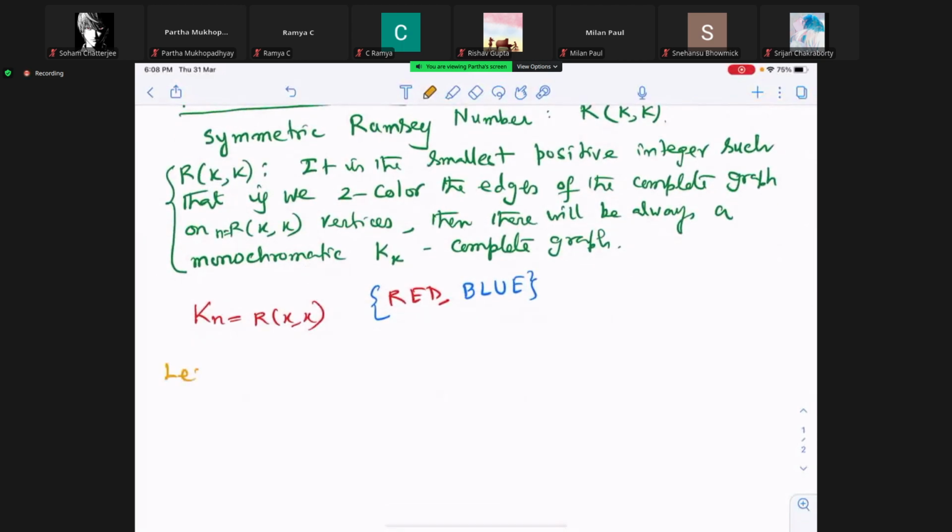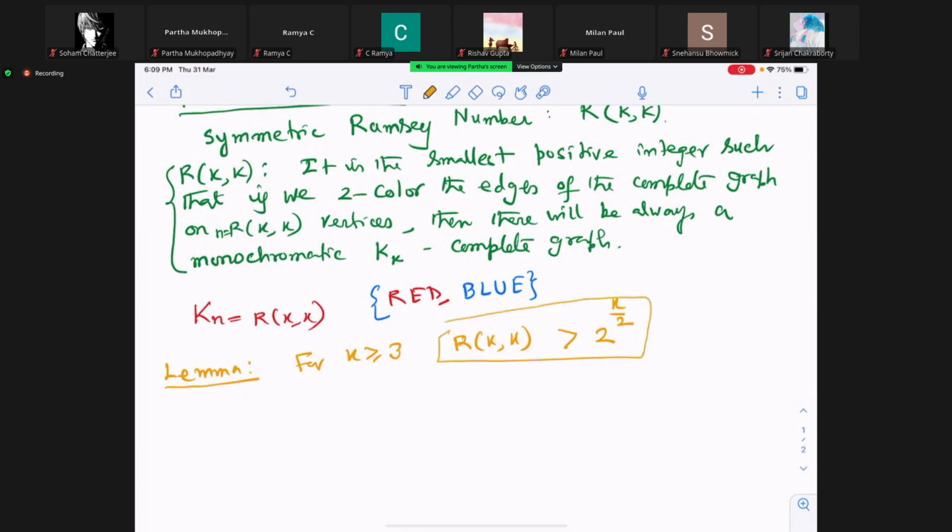So let me put this lemma: for k greater than or equal to 3, R(k,k) is greater than 2 to the power k/2. The case k less than 3 is a pathological case, because we know very well what happens for R(3,3). So what this lemma says is that the value of R(k,k) is always more than 2^(k/2). Only this much